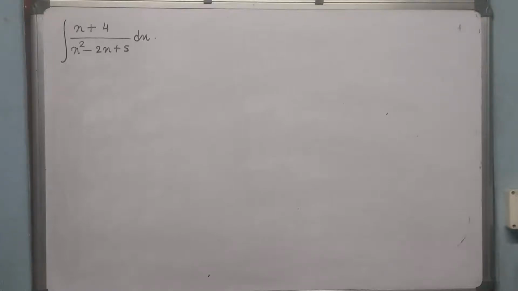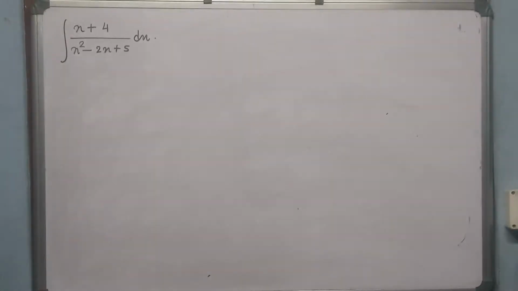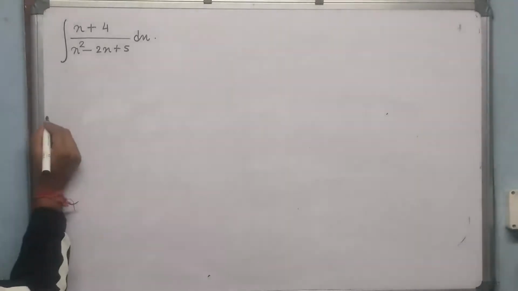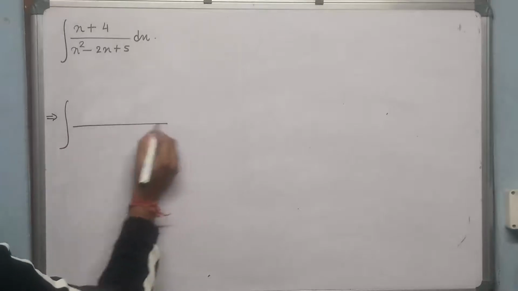Now this is another type of substitution form of integration. This is linear over quadratic. The previous term was linear into under root linear. Now this one is linear over quadratic. For this kind of integration, what you have to do, this concept is very very important, is, without writing its numerator, you just write its denominator,